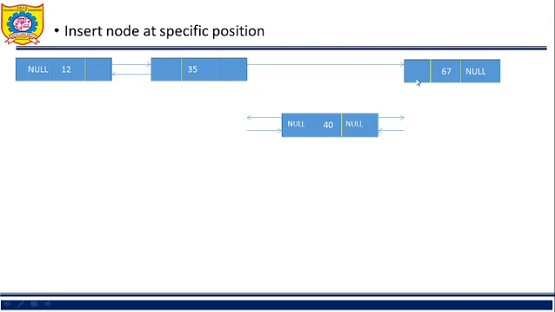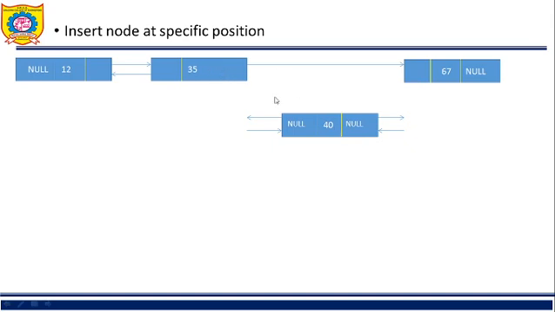Now once we link this 67, its previous is now temp, not ptr. 67's previous is temp, not ptr. So how will we make that? We still don't know the address of this. So how did we reach this? Ptr next is 67. 67's previous will become temp, so ptr next previous is equal to temp. Ptr next previous is equal to temp. Now this has changed.